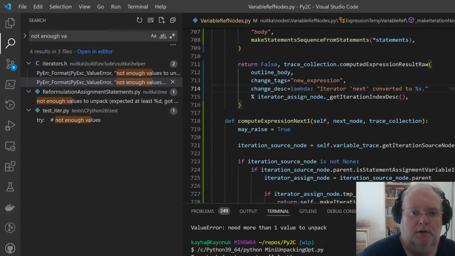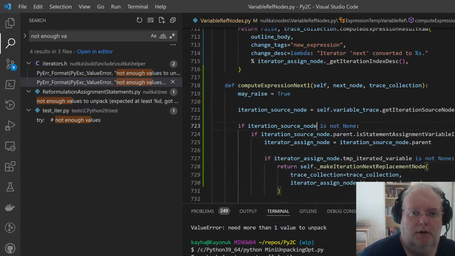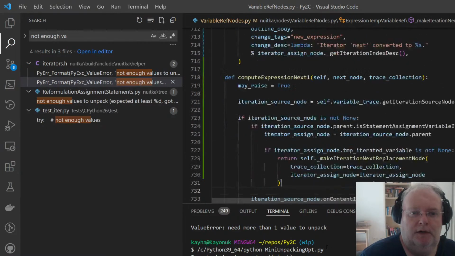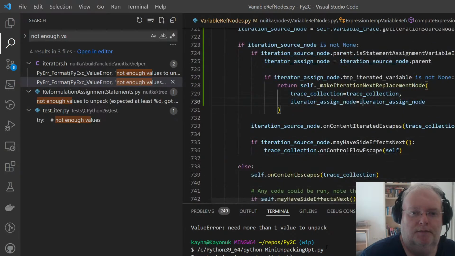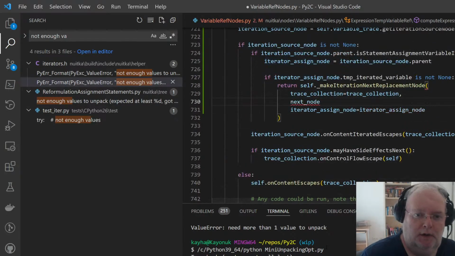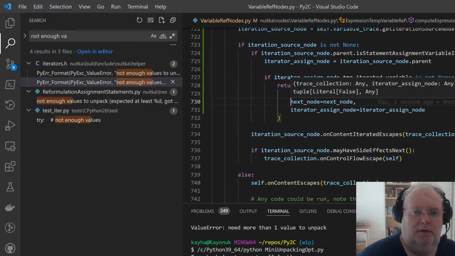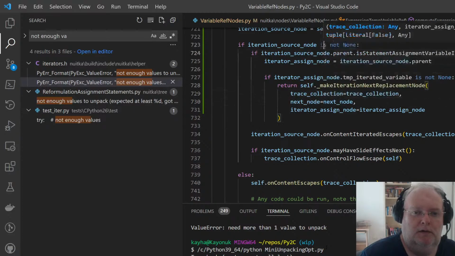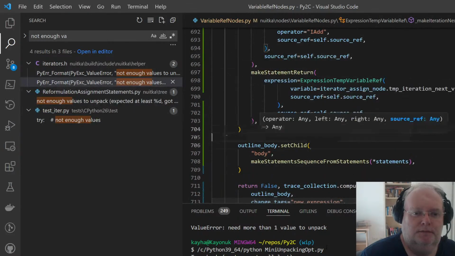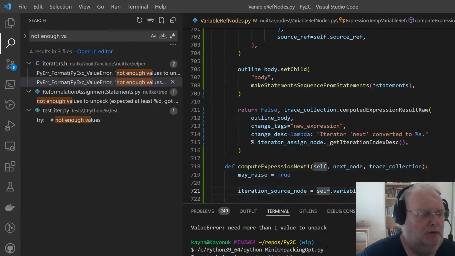Where am I here? I am a variable reference and the next node. Yeah, I will need the next node as well, because the next node has that value when it's Python 3. Does it? Yeah, it has the expected value.